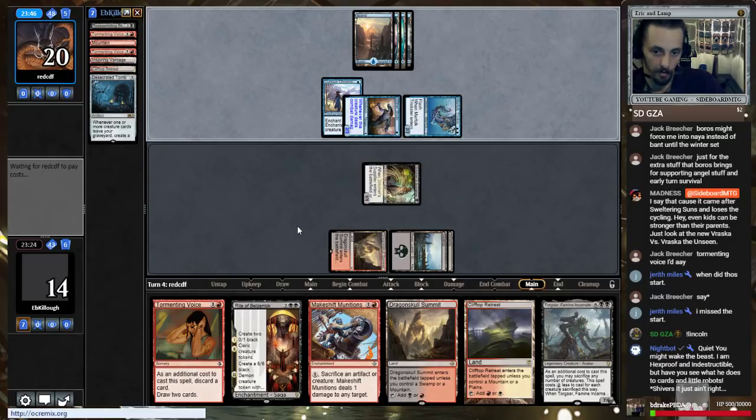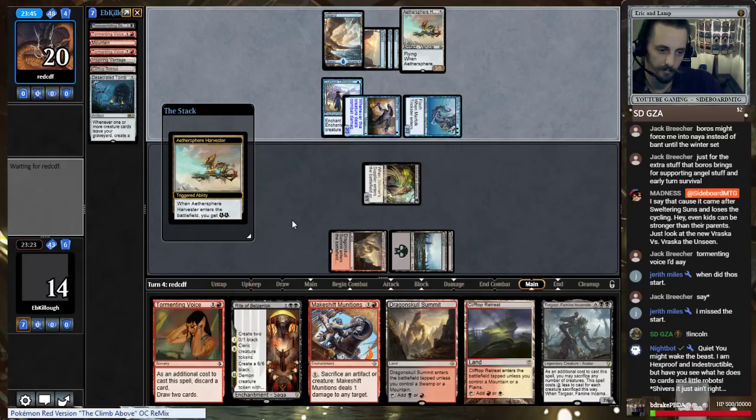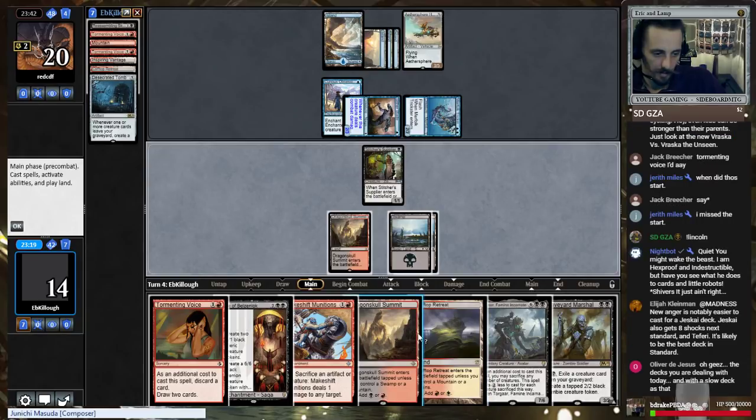So he's just drawing more cards. You guys hear Lincoln? You missed the start? Well, it was mono red, now we're against mono blue. So, yeah, it's going to be like that. I think that we could Graveyard Marshal and bring back...